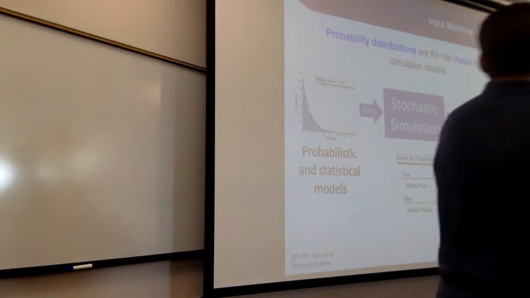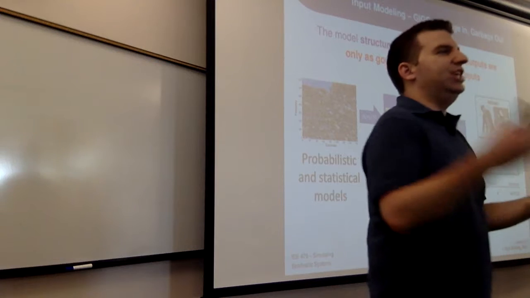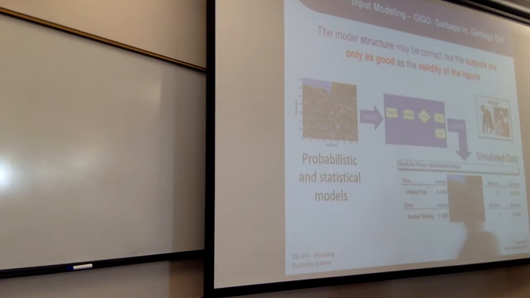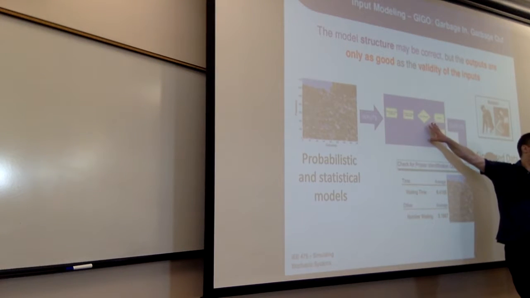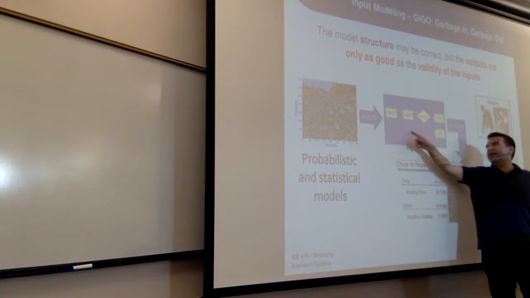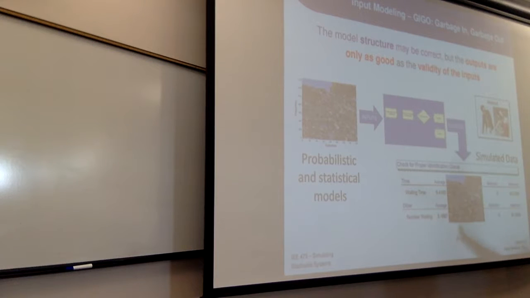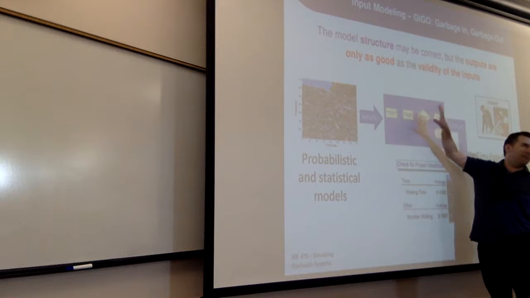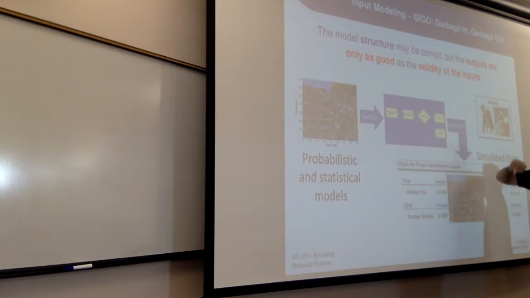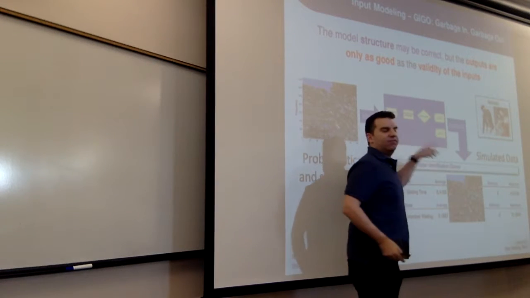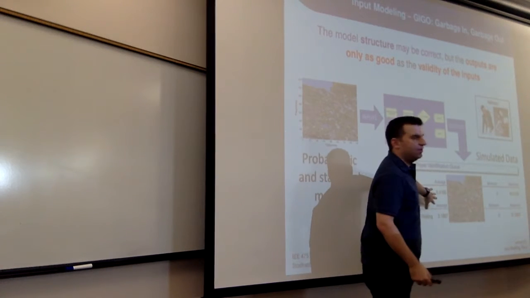So in simulation, and plenty of other things, we call this the GIGO problem. Garbage in, garbage out. Regardless of how nice the system looks, you can sell this block diagram. You can say, this block diagram captures the process of what goes on at the airport. And you can put a lot of effort into making it match that perfectly. But if you have really terrible input models inside each one of these blocks, then any results that you get out of here